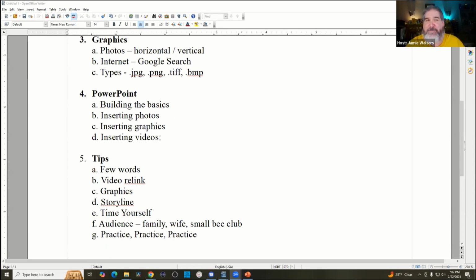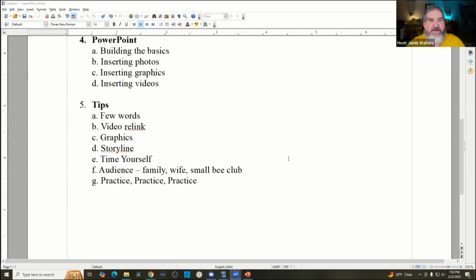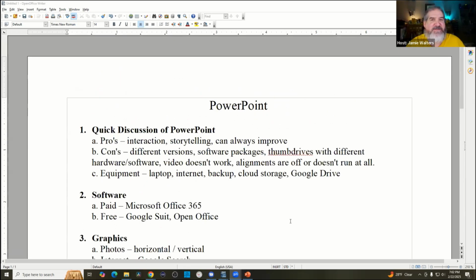And videos are probably the biggest thing that everybody has difficulty with, because at home it worked great, and then I put it on a flash drive and took it and now it doesn't work. Or you'll see a speaker say, yes, I'm hitting it and now it's not working, or it's not linked. And there's a lot of other things to that, but videos are very easy once you understand the basics. And then just some tips and tricks as we go down through the basics of this. So to get started off,